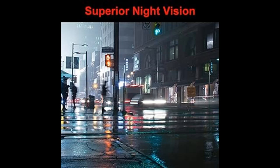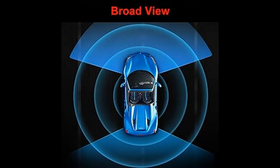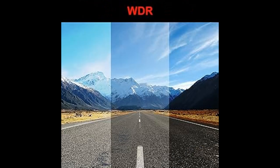24-hour parking guard. To activate this function, you'll need an additional car accessory, a hardwire kit, not included in the package. The VVCAR R39 dashcam seamlessly switches to parking mode when your car is off. With time-lapse recording, it continuously records with low power consumption and a low frame rate, providing around-the-clock protection for your